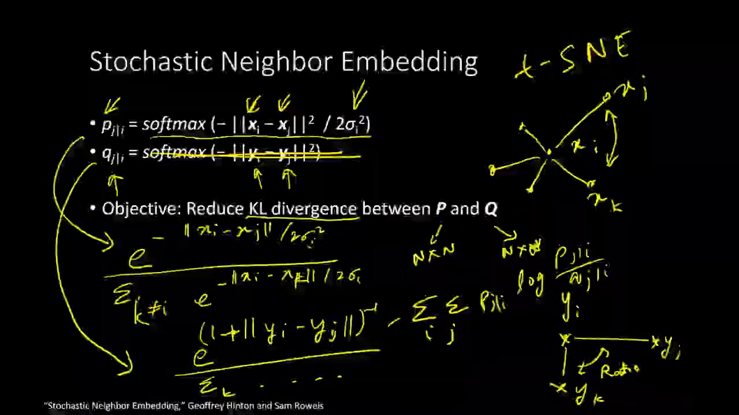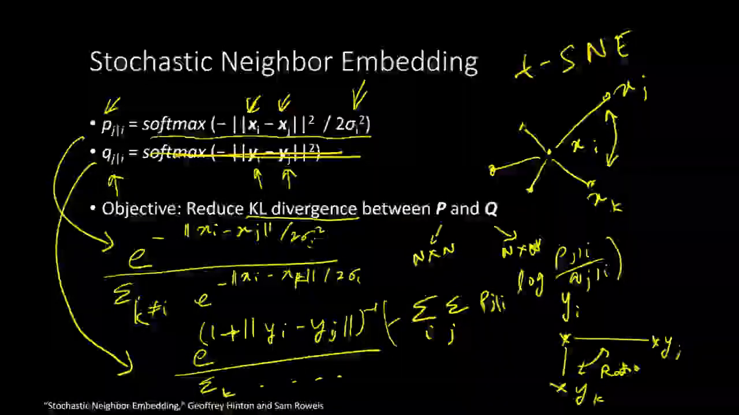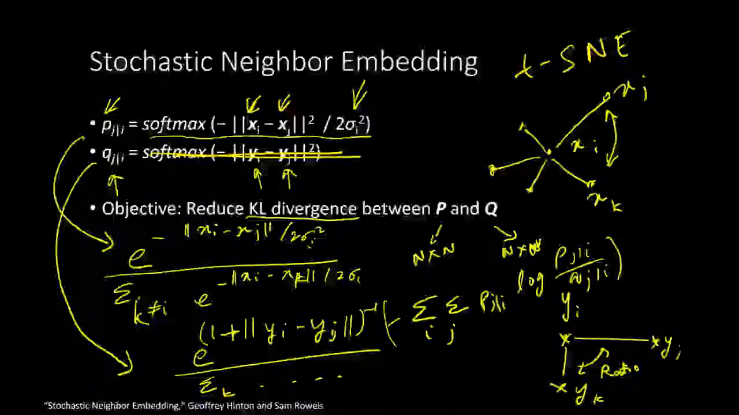And with a negative sign. So that is the KL divergence. So we want to minimize this KL divergence. For that we want to pick y,